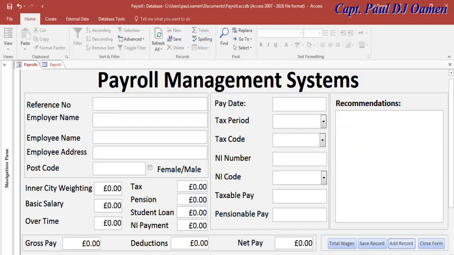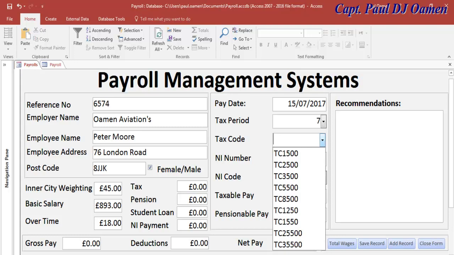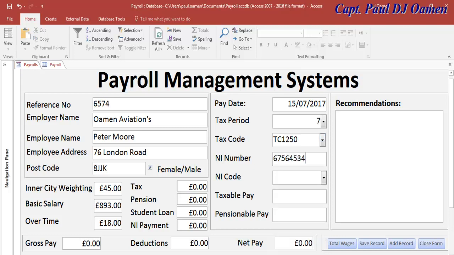All right guys, so what I'm going to do now is we can also add new staff member details, still working for Omen Aviations, and enter his London weight in there and wages per week and overtime. Let's say I put in about £18 worth of overtime, and here just enter the weekly tax period, tax code, national insurance number,